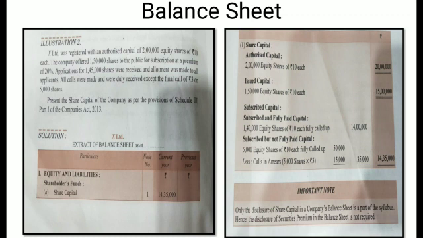One is the subscribed capital. On the right side, you may see the subscribed capital: one, fully paid up, is listed as 1,40,000 shares at the rate of 100 each, fully called and fully paid up, multiplied. Now the next is subscribed but not fully paid up: 5,000 multiplied by 100, which is 5,00,000. But now the calls in arrears are listed, 5,000 at the rate of 3; you have to deduct this value as calls in arrears. So the result is 4,85,000. Make the addition of both capitals. Total is 14 lakh 85,000, and this value is to be put into the main balance sheet.